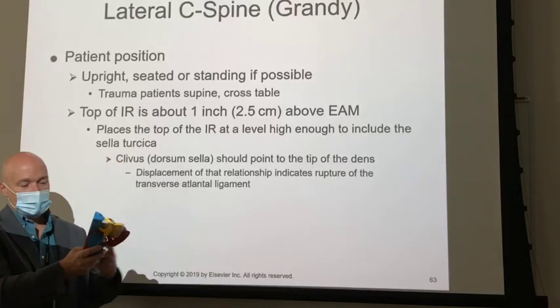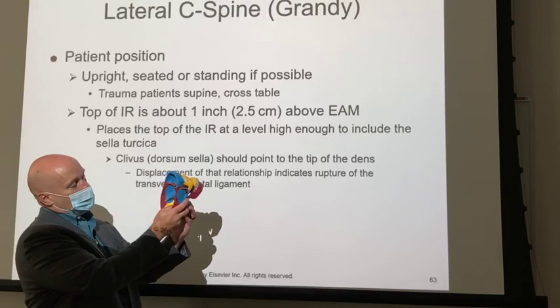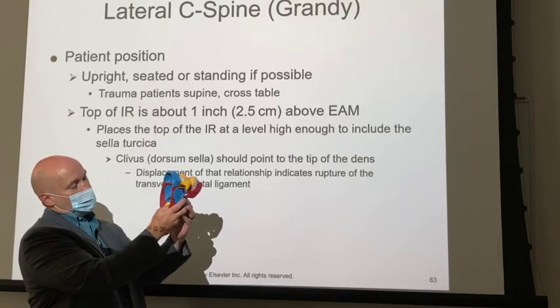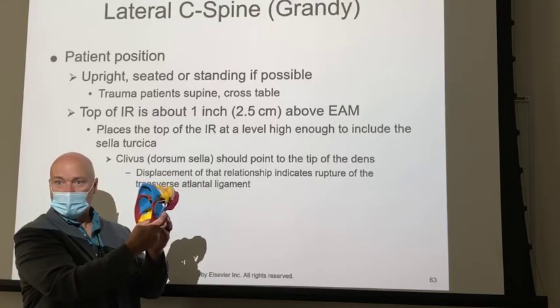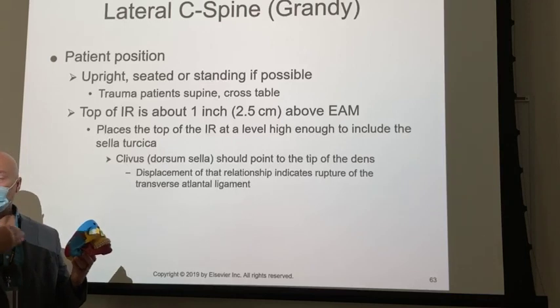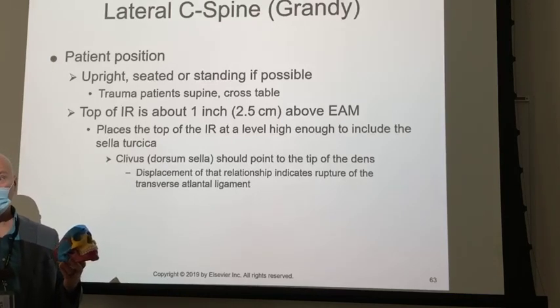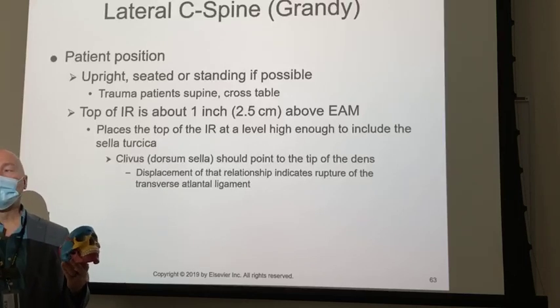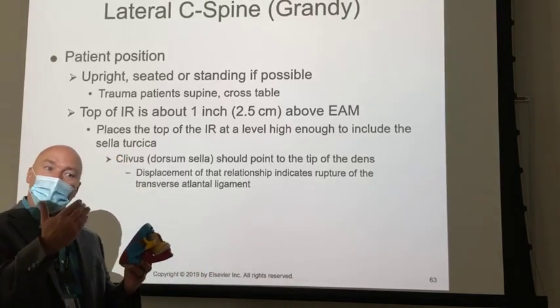If we've got some sort of alignment that shows the lateral C-spine of the odontoid process posterior to the dorsum sella, so that the dorsum sella is pointing anterior to the odontoid process, you remember that ligament I was showing you? It's ruptured. Okay, so the patient's got a broken neck. That may be the only indication that you got that the patient's got a broken neck. Okay, so it's important to get that